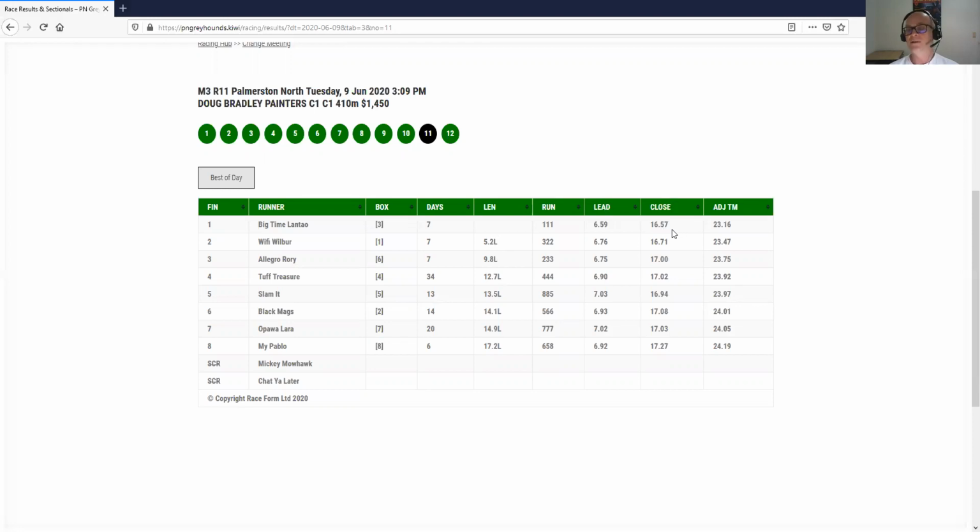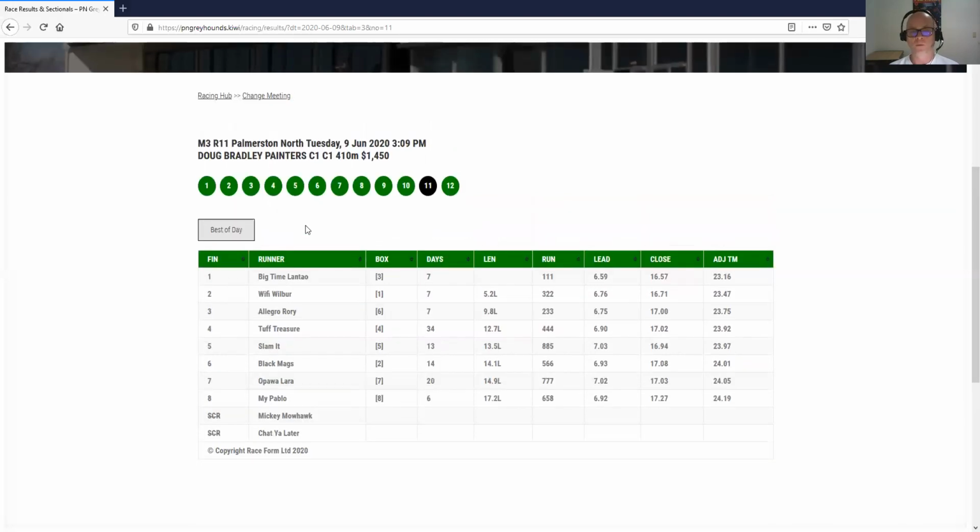One of the criticisms of sectionals is that they can be useful within a race, but it's hard to actually use that information unless you can compare it with other data on the day or around the time. One of the things that we have done with this site is that for every distance, you can get a best of day report. This here is showing just the data for the race, but if we click on the best of day report,